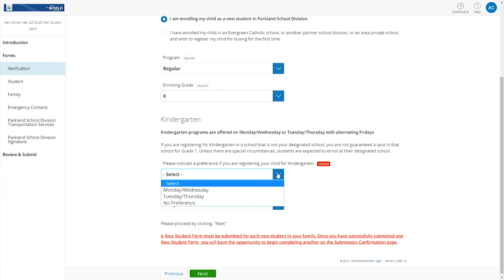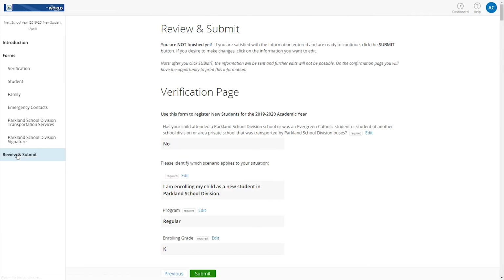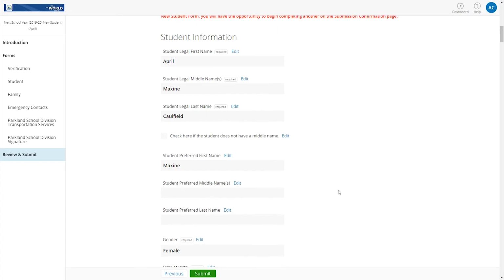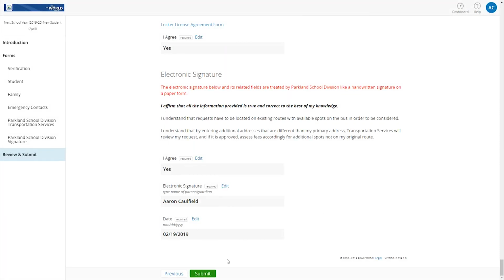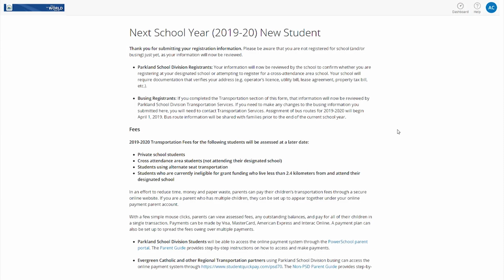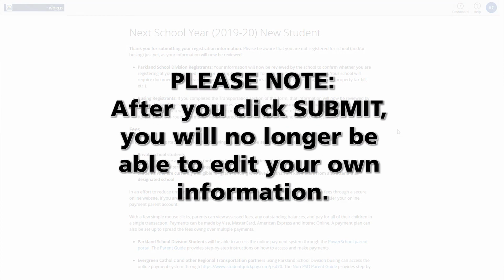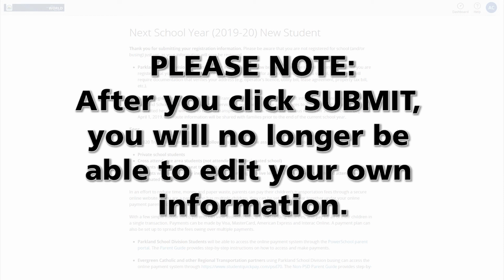Click on the Review and Submit link at the left of the screen to return to the Review and Submit page. Repeat this process as necessary until you have filled in all required fields. Once you have completed all required fields and reviewed your information to ensure it is correct, click Submit. Be aware that after you click Submit, you will no longer be able to edit your own information and will